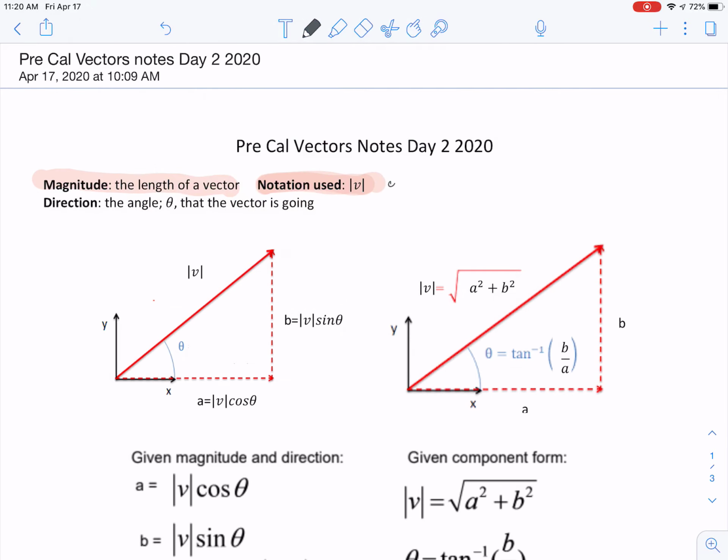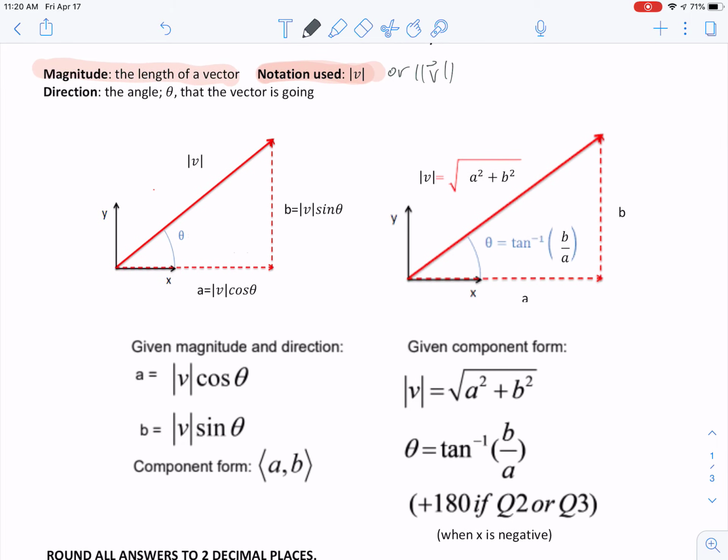Some places will do double absolute values, and you can put the symbol above or not. But I just use single because it's easier. So basically, if you split this up like this, the left side is for if you're given the magnitude and the direction. So you'd be given how long the vector is, and you'd be given direction, and direction is theta, an angle